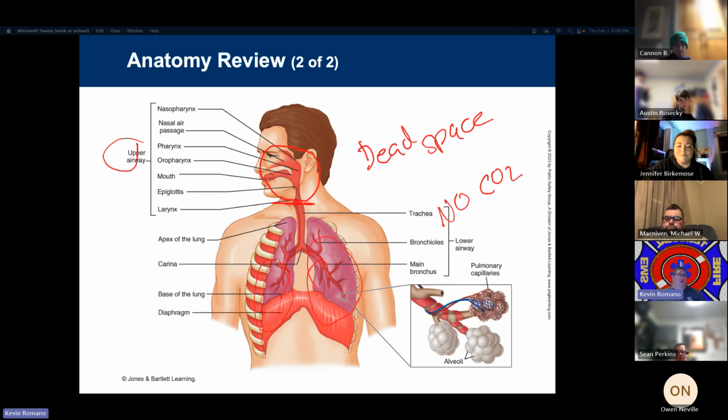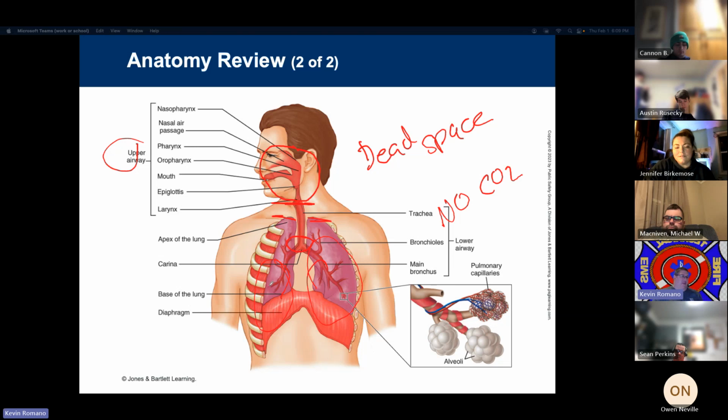Okay. So our lower airway has the trachea, the apex to the lung. Okay, this is the apex being the top of the lungs here. So we're listening to the apices. That's what we're talking about. The carina is where the trachea comes down and splits between the right and left main stem bronchi. So the carina is here,